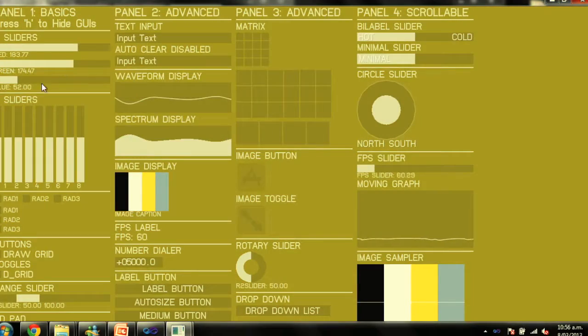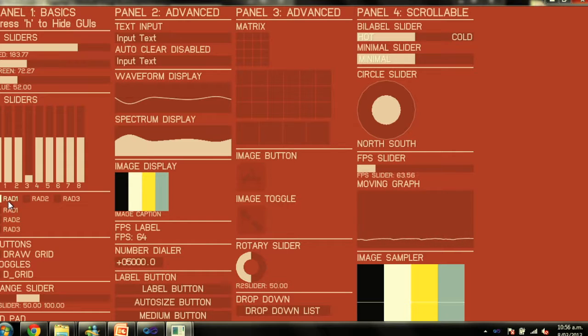So you have sliders, or horizontal sliders, you have vertical sliders, you have radio buttons, so buttons where you can only select one. You can draw a background grid, or buttons, so a button which just flicks on and off, and a toggle, so stays on, stays off. A range slider, which goes between two ranges, so you can set the minimum range, the maximum range. It's the 2D pad down there. Unfortunately, the resolution's too low to see the rest of it. You have text input, some text input things, a waveform display, spectrum display, images, frames per second, all sorts of buttons,